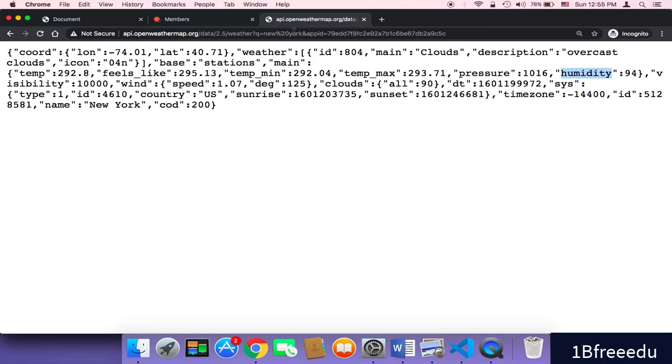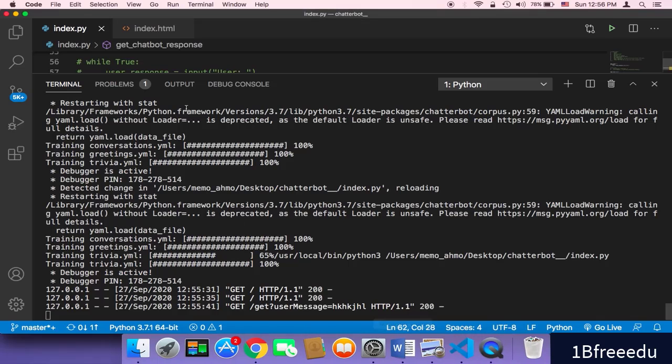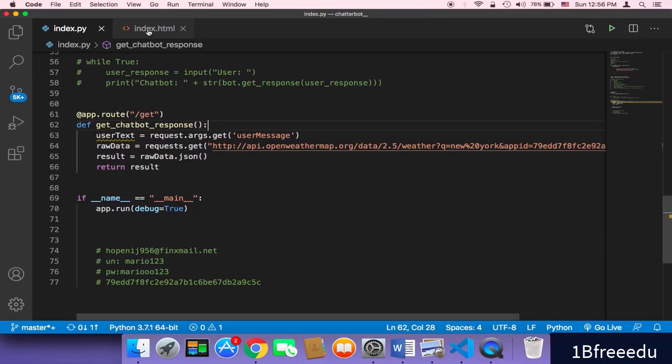Instead, we want to display, for example, the temperature and also the description and maybe the humidity or the pressure. And it's up to you. I'm going to leave it up to you which keys, which information you want to display to or give the user. So what I'm going to do is that here in the